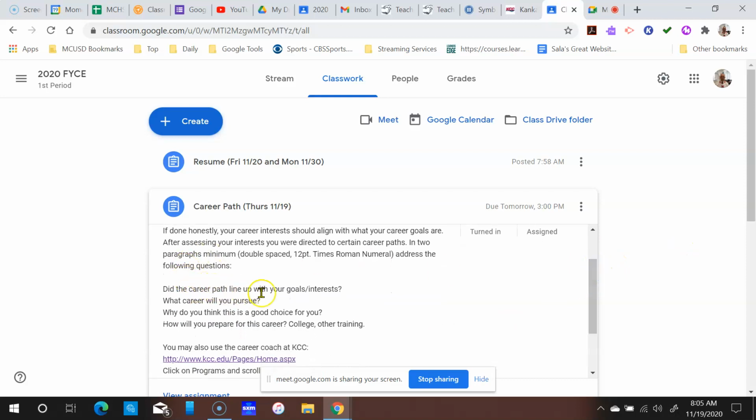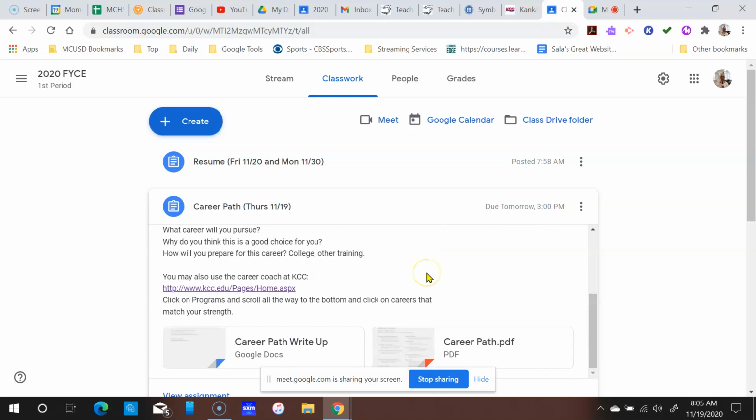Did the career path line up with your goals or interests? What career will you pursue? Why do you think those choices were a good choice, career and interest for you? And how will you prepare for this career? Is it college? Is it other training? Is it internships or the like? So again, you're really just reflecting on that exercise in a couple of paragraphs.